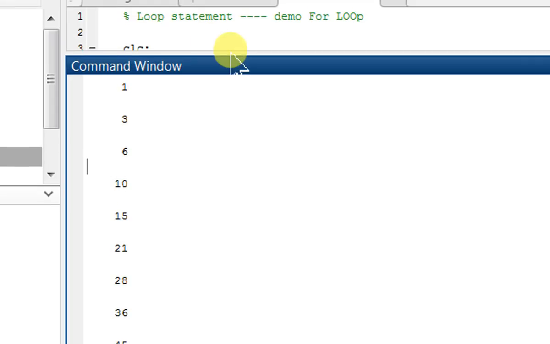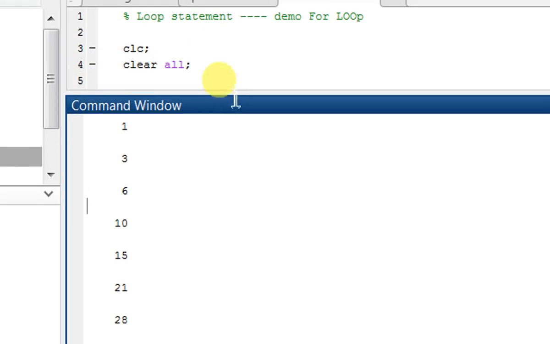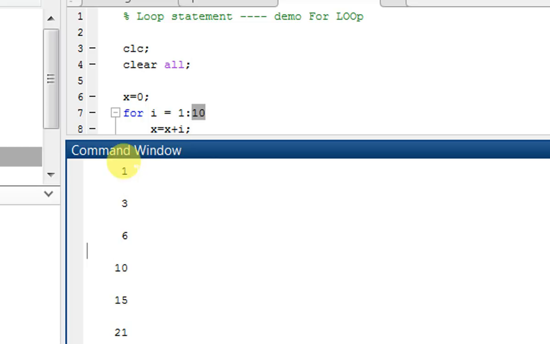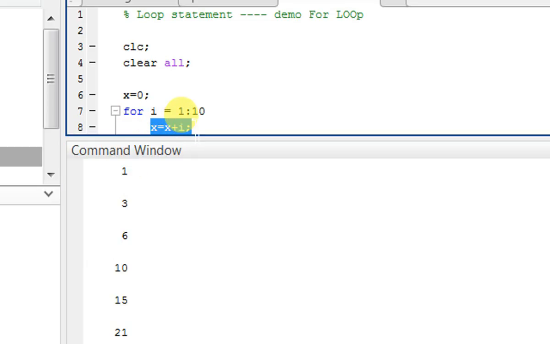The first value of x is 1, because it performed the first operation, 0 plus 1, that is 1. The x value is displayed here. Now i gets updated, that is 2. Now the previous value of x is 1, so 1 plus 2 is 3 is displayed.